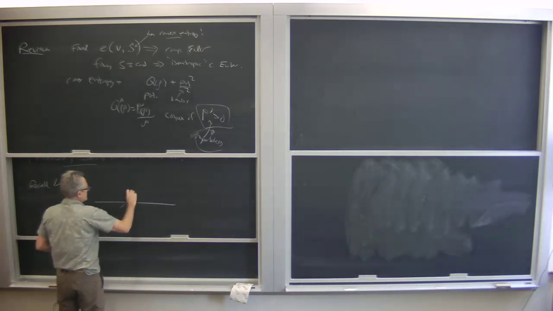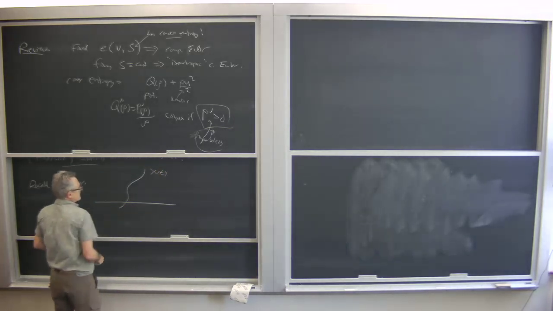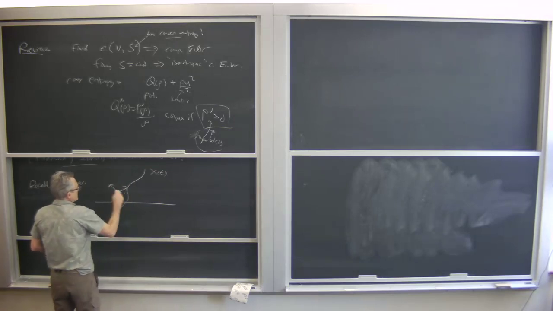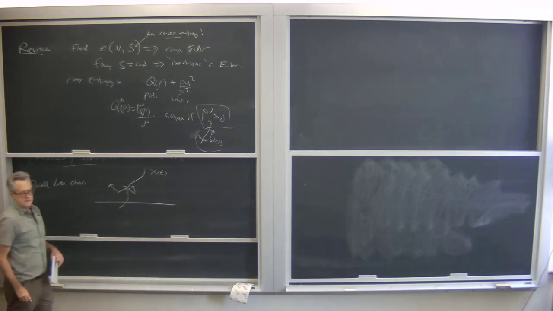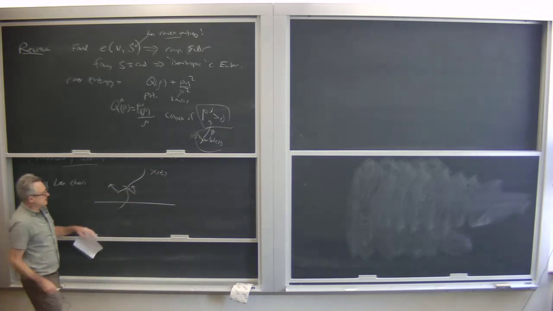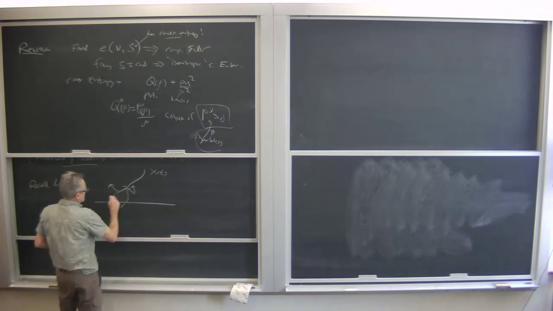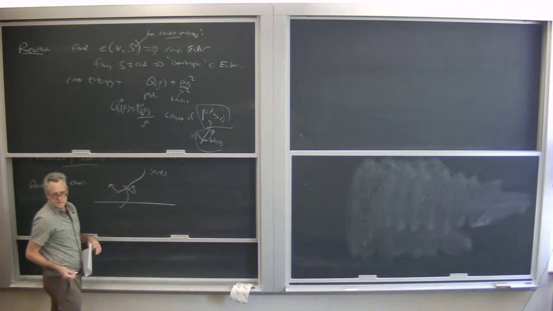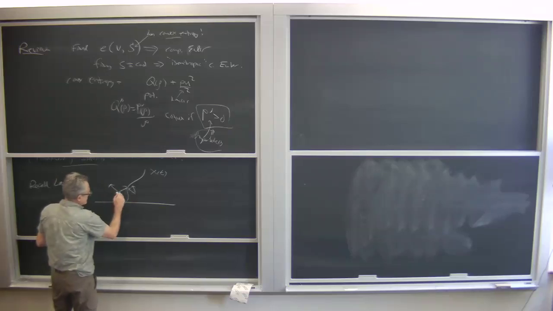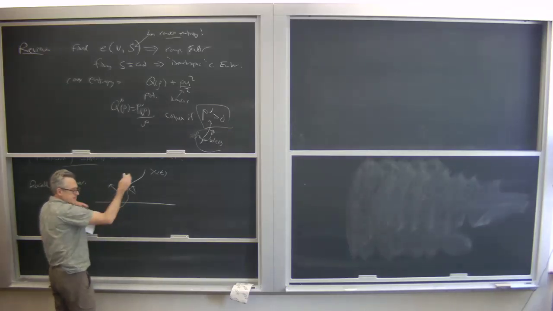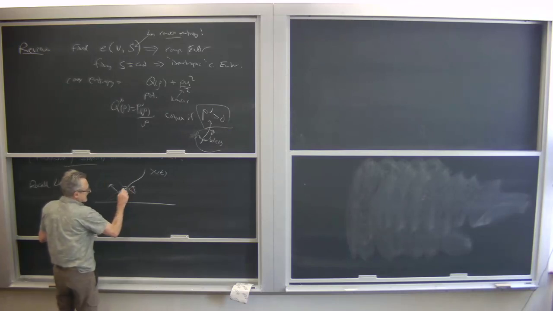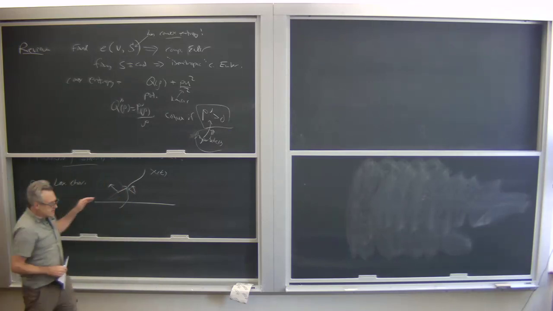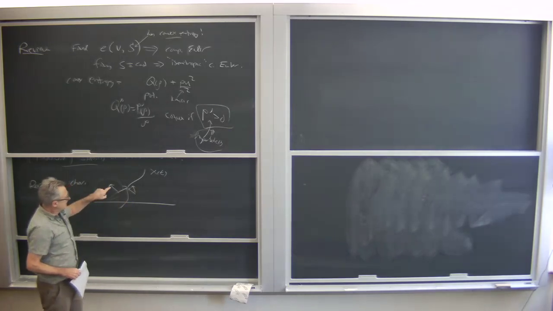The idea is you have a shock curve, x of t. You have incoming and outgoing characteristics. And what do we need to determine? If we linearize around a constant state, it completely diagonalizes. So the flow on the left is just propagation along characteristics. And on the right, also, the characteristics that enter the shock are unimportant. They just carry information to the shock. What we need is a boundary condition that tells us what leaves the shock.